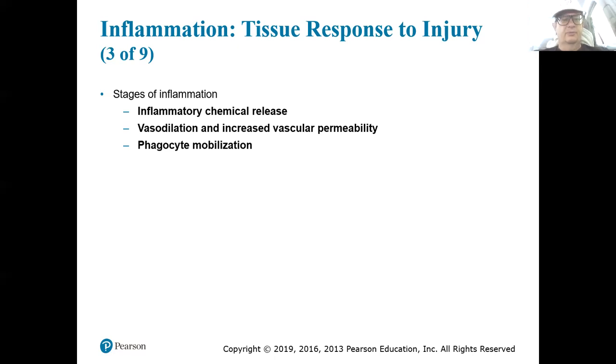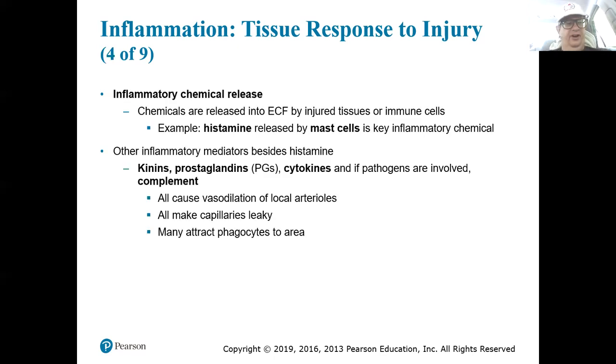So the stages of inflammation. Inflammatory chemicals are released. They cause vasodilation, cause the blood vessels to become more permeable. And then the third thing, we mobilize the phagocytes, the white blood cells that eat the stuff. All right, so inflammatory chemicals